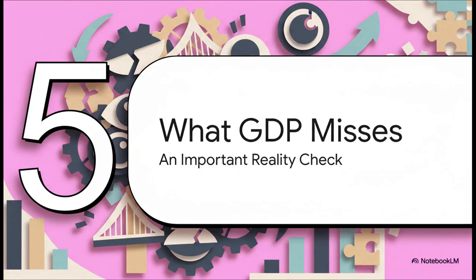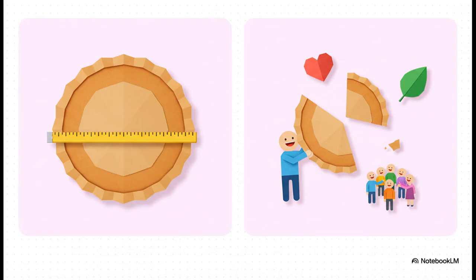But, and this is a really important but, GDP does not tell us the whole story, not even close. It's a useful tool for sure, but it has some massive blind spots that you absolutely have to know about. A great way to think about it is this. GDP measures the total size of the economic pie. That's it. What it doesn't tell you is how that pie is sliced up. Is one person in the village getting a giant slice while everyone else just gets the crumbs? GDP has no idea. It doesn't tell us anything about inequality, and it definitely doesn't measure whether people are happy or healthy.